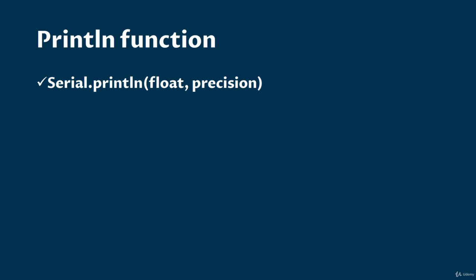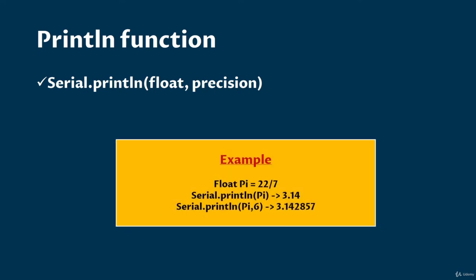Now our next function is the println function. The println function is used in case of the serial object. So how do we write it? We write Serial.println within brackets any value. But here I'm telling you one hack. You can say this is the Arduino hack. I can directly write Serial.println within brackets a float variable, comma, precision. Suppose for example, in my program I have written float pi equal to 22/7. Normally you can check in your calculator what the value will be. The pi's value can be